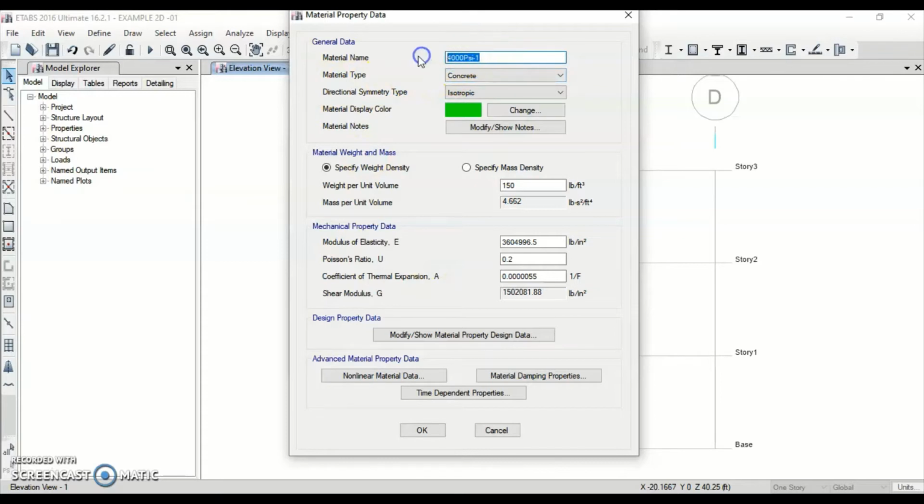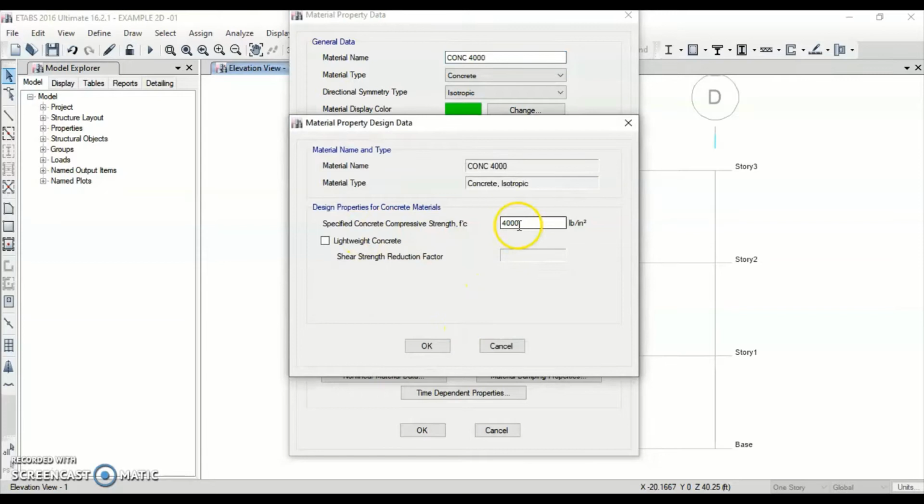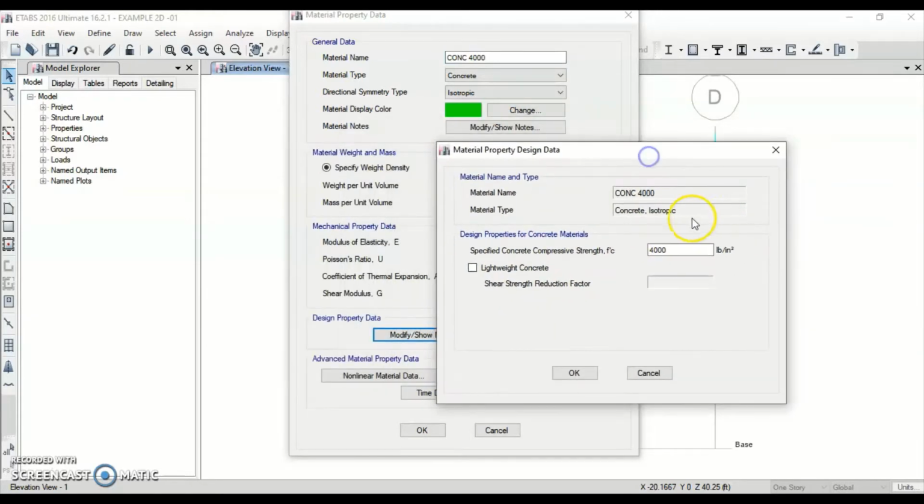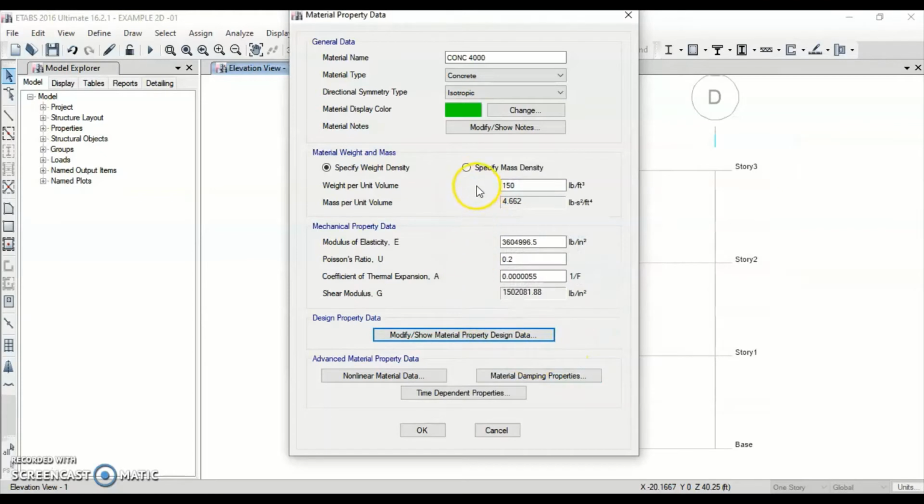So let's call it concrete 4000, and the material type is concrete. The symmetry type is directional symmetry is isotropic. Can change the color here, which doesn't really matter. And then we can define some of the properties. For example, we gave 4000, which is also the default value, but if we do want to change it to another value, it can be changed right over here. Click on OK, and then